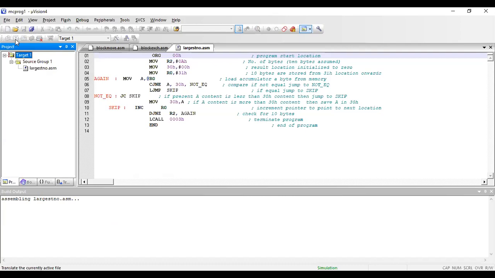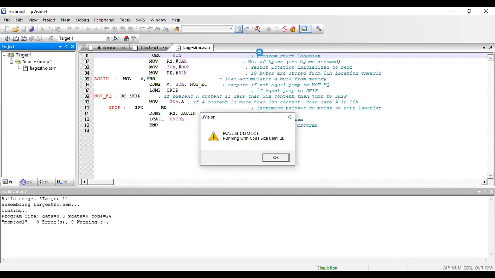The next step is to translate. Make sure you have 0 errors and 0 warnings. After you have translated, build and rebuild are the next procedure, right? Once you have done that, enter into the debug mode. Once you have 0 errors and 0 warnings, enter into a debug mode by clicking onto this D button here, right?